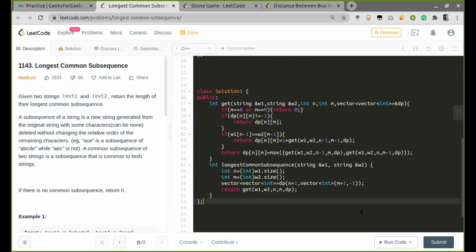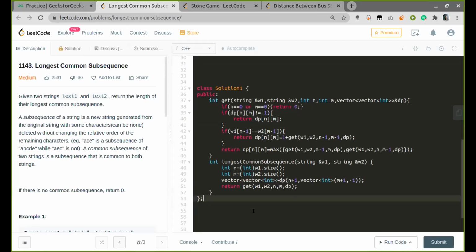Then you come to line 45 where you just take the max of two combinations. In one of them you are decreasing n by 1, so you are decreasing the W1 string, and in the second you are decreasing the W2 string. Same as deleting a character in the string and then comparing for common subsequence again. Yeah, I got it now. Okay, so this was the memoized one.